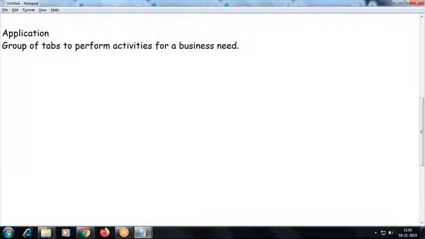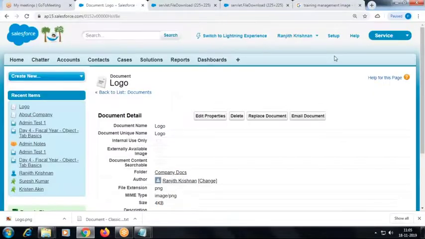My purpose can be anything: sales, service, marketing, training, banking or insurance. Then I'll group the related tabs. So if my purpose is a sales application,